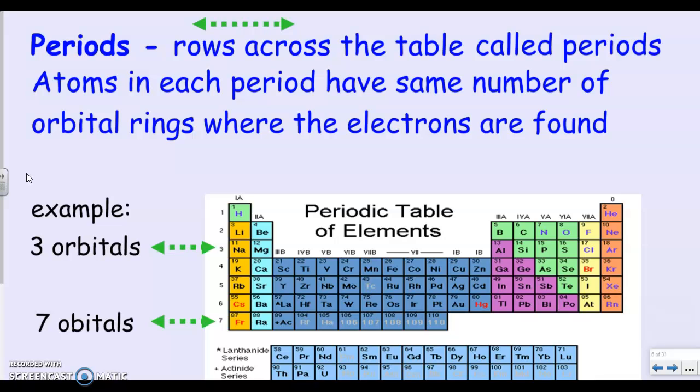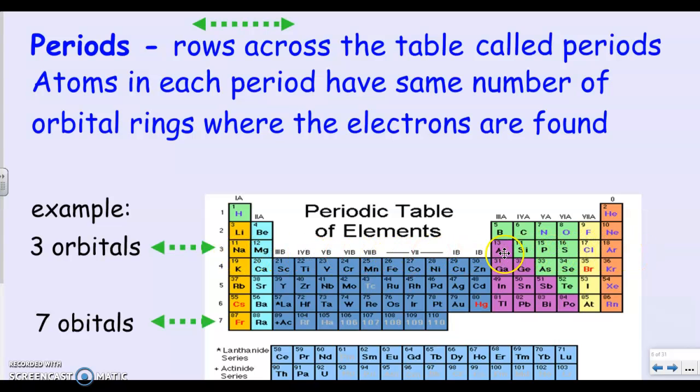And this is really good when you want to find out how to create a model or maybe make a drawing of a certain atom. All you need to know is what period or row across it could be found in. Let's look at an example. Everything in the third period, which is the third row,